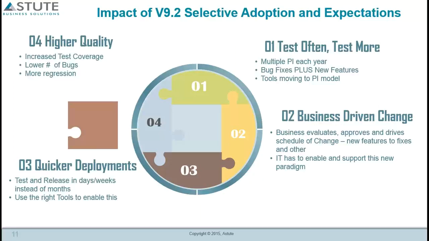Because you're going to be doing more than one update possibly in a year, depending on what your selective adoption strategy is, you also want a way to be able to turn this around fairly quickly. You don't want these individual projects to be like major upgrades where it takes 6 months or 8 months to deploy. You really want to be thinking in terms of days and weeks instead of months. So that makes another case for automated testing.